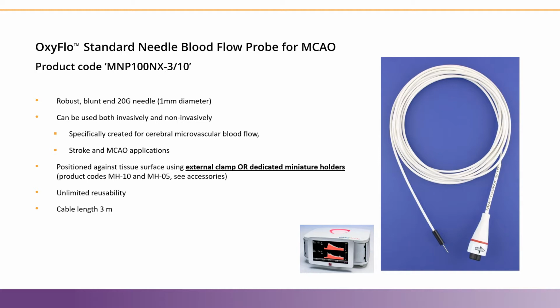It is robust and easy to handle because it is a relatively large needle, approximately a 20 gauge, and the end is blunt, so it doesn't cause punctures in the tissue when used gently. The needle is only 1 centimeter long. It's ideal for measuring changing perfusion of cerebral tissue where the contact site is usually very small and needs to